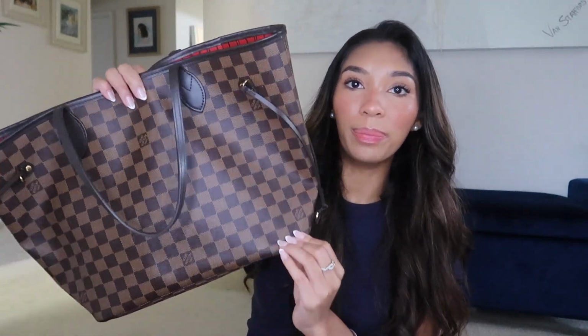It's the Damier Ebene. Again, this is my Louis Vuitton pattern that I tend to go for, and it has the red interior, which I just love a red interior. I don't know why. I feel like everyone has seen a Neverfull before, so I don't have to go super in depth, but it's still in really great condition, probably because I ended up using this for work for a brief period of time,